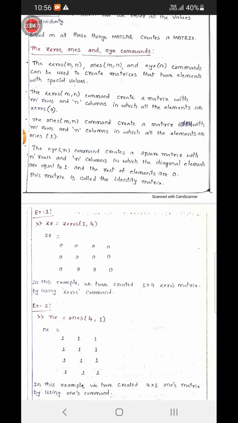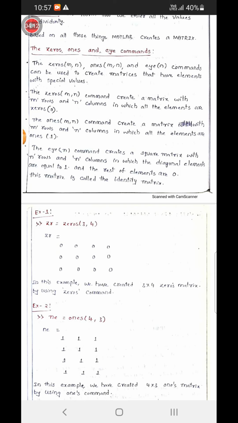And next, come to the third point. The eye(n) command creates a square matrix with n rows and n columns.